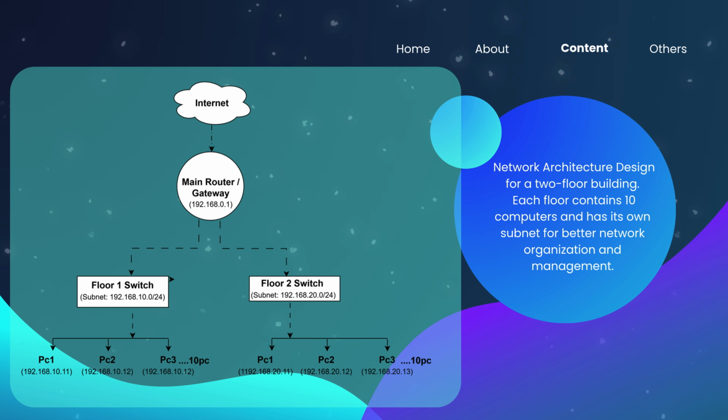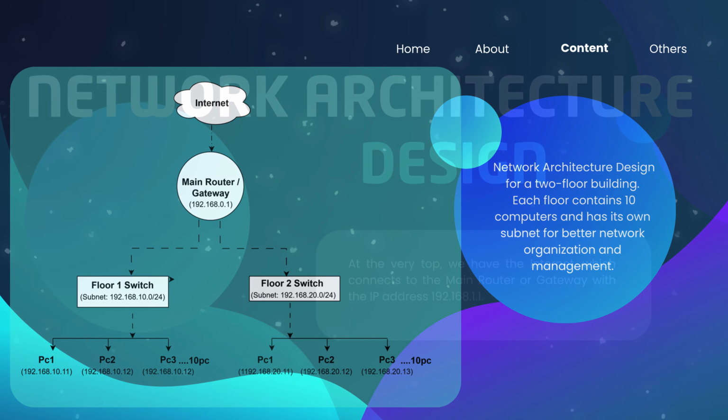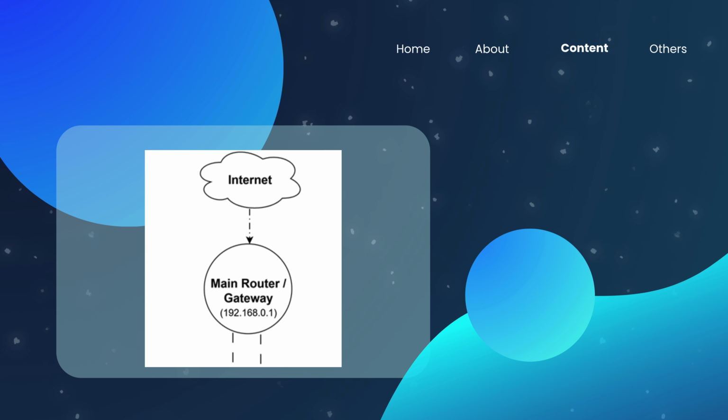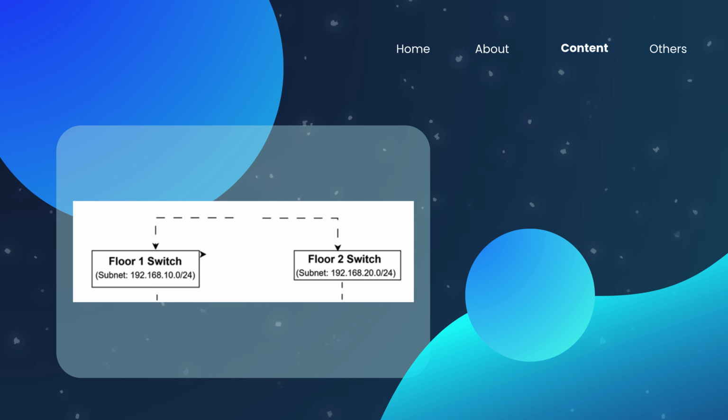At the top, the internet connects to the main router or gateway, which has an IP address of 192.168.1.1. From there, the router connects to two separate switches, one for floor 1 and one for floor 2. Floor 1 uses the subnet 192.168.10.0/24 and includes access point